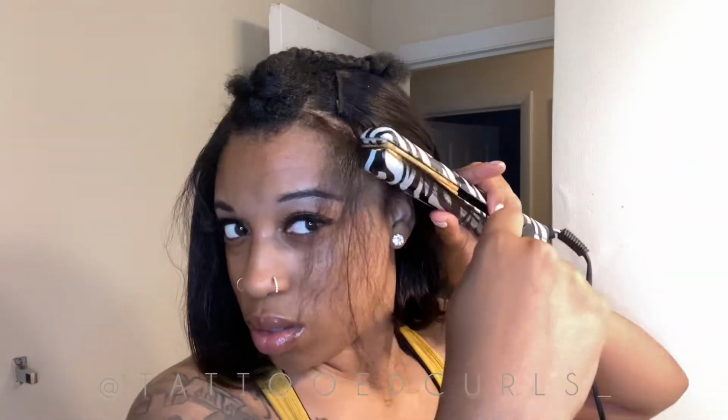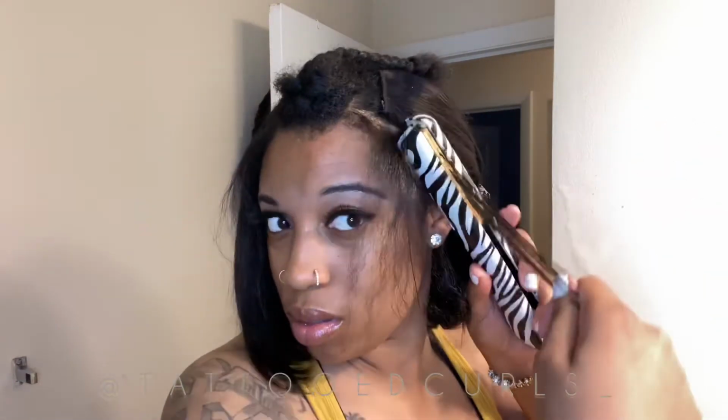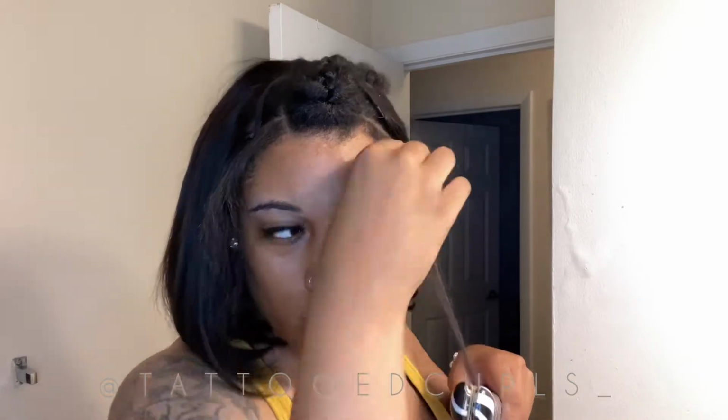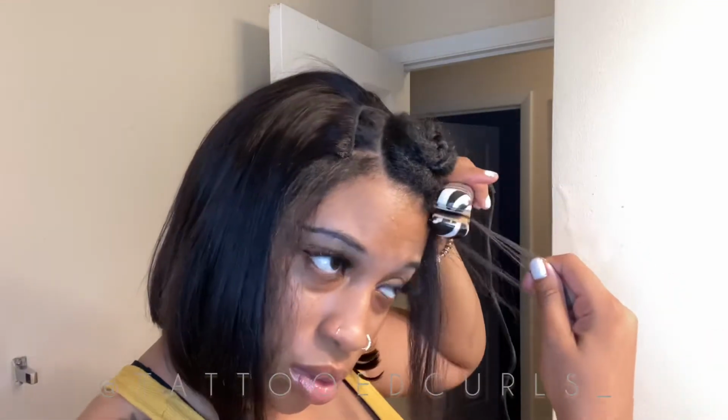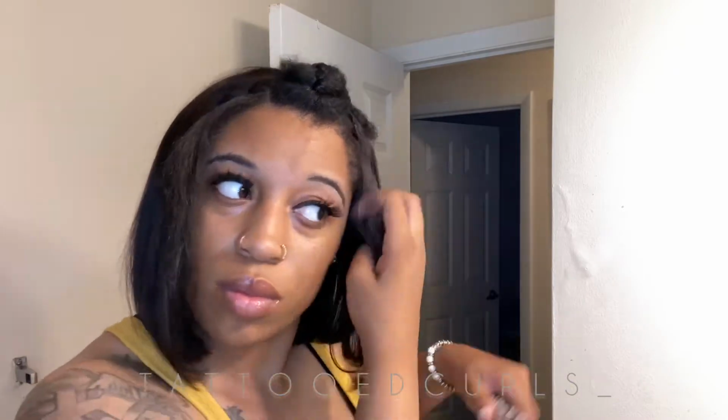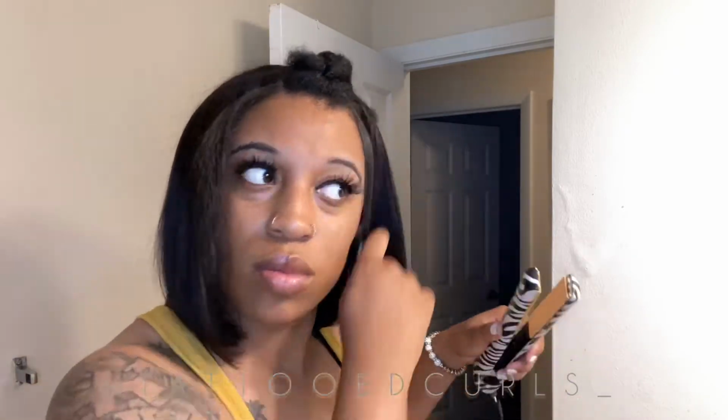But I had only used the leave-in spray, so my hair is very flowy and light. I was trying to flat iron it the best I could, but my ends, I haven't trimmed my ends since I big chopped either. So that's a big part of why they weren't cooperating. They were looking raggedy at the ends, if you can see that. So yeah, I will be doing a trim